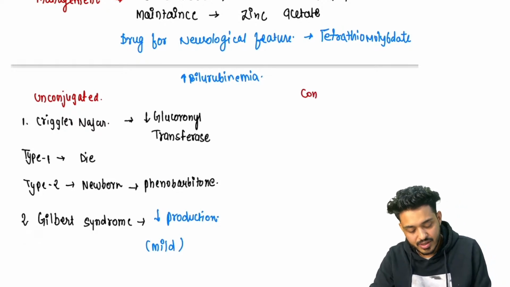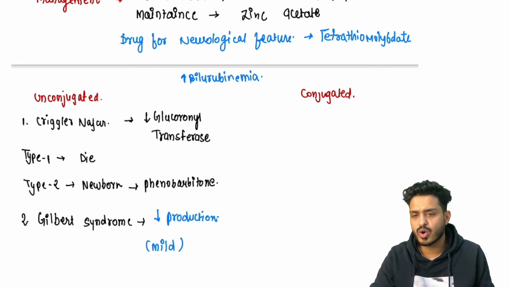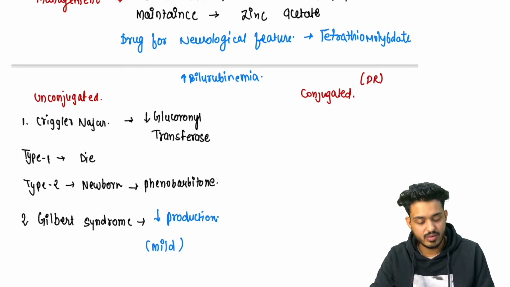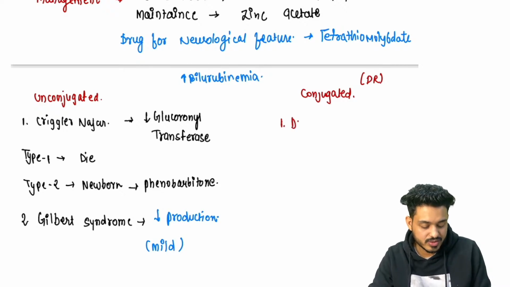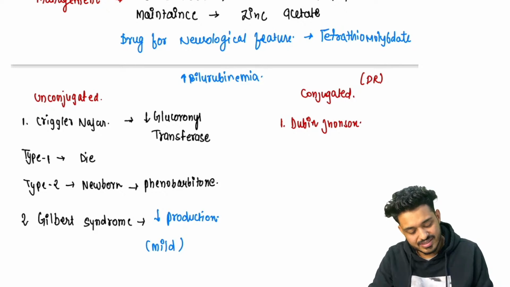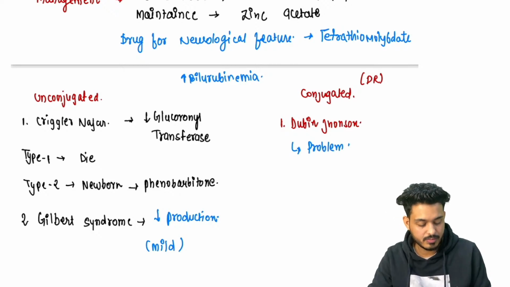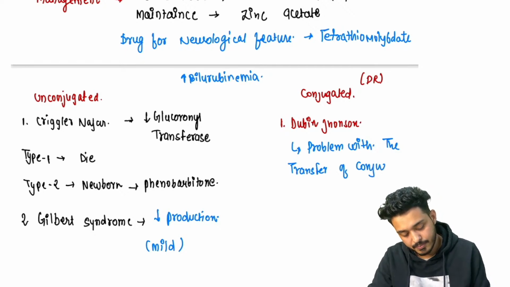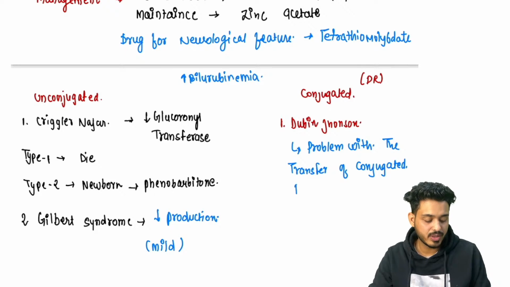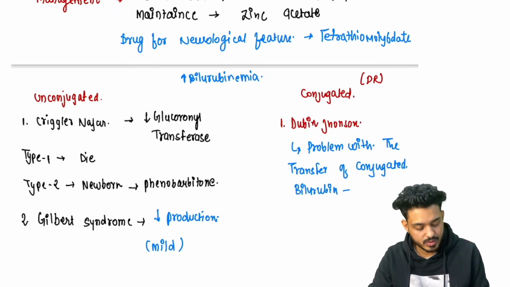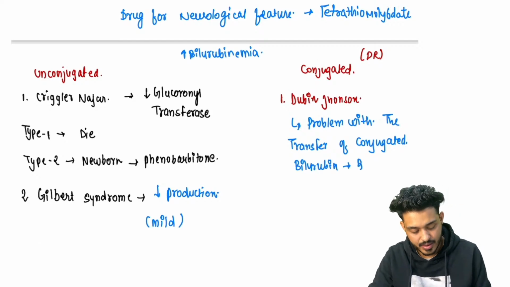Now in conjugated, we have two things to remember. Doctors are always conjugated, so you can remember D and R. First is your Dubin-Johnson syndrome. Okay, where is the problem in Dubin-Johnson syndrome? There will be problem with the transfer of conjugated bilirubin to where? The biliary canaliculi. So here there is a problem in transfer, and if there is a problem in transfer, then it